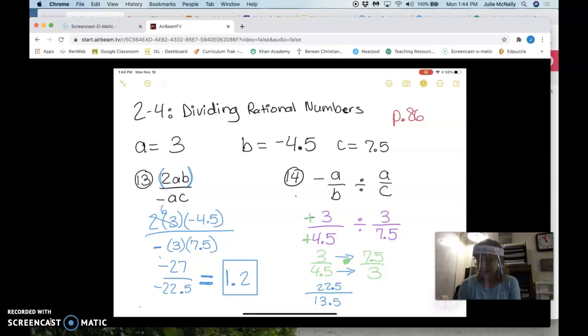And then for our last step, we're going to go ahead and divide. So what is 22.5 divided by 13.5? 1.6 with a line? Yep. Got it. And that is the